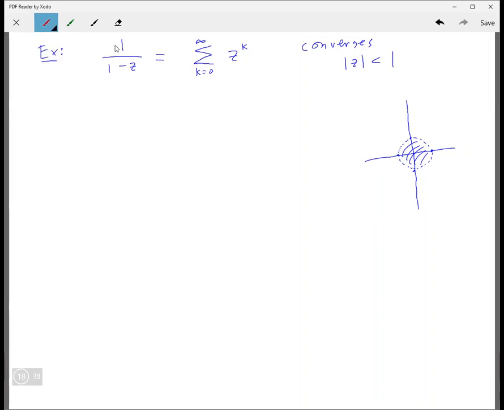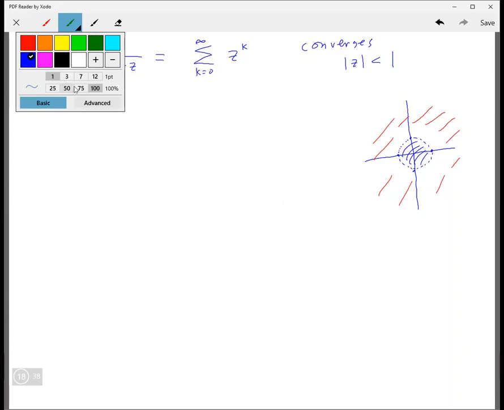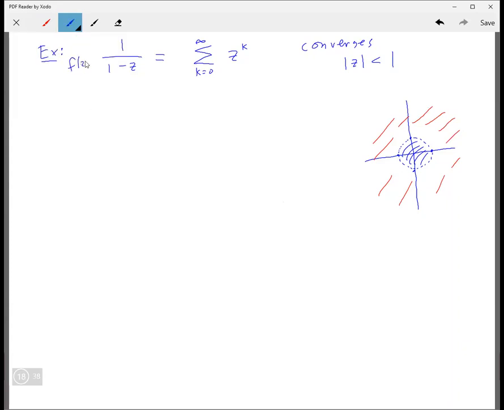This very same function has a Laurent series, and that Laurent series is actually going to converge out here. It will diverge inside, but it will converge out here. Let me show you how you can get that. We'll call this f of z. And we'll do the Laurent series in red. It's the same exact function,